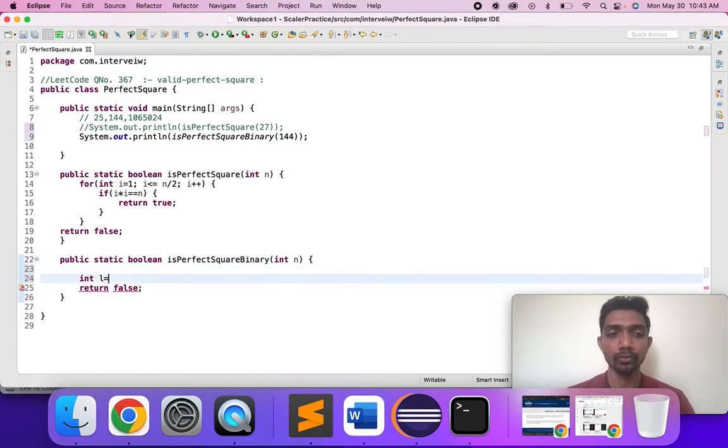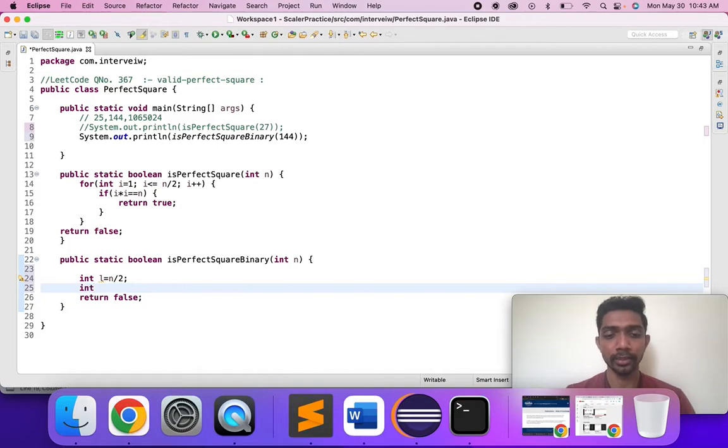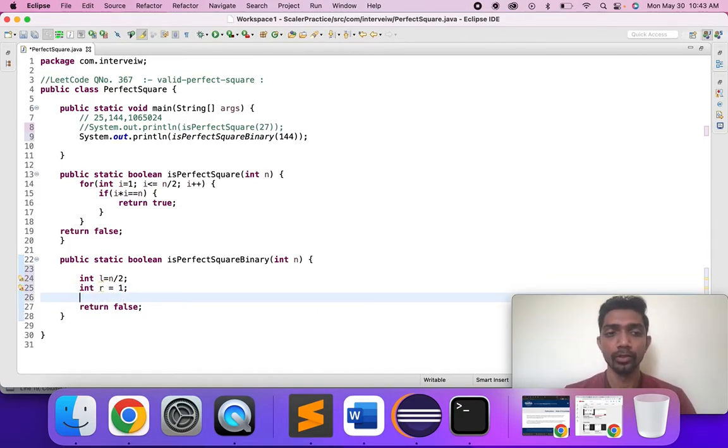The first is the left number, that is, what is that number? For 144, that is n by 2. Then the right number will always be 1. So here we'll write a while loop. In this while loop, what we'll write,